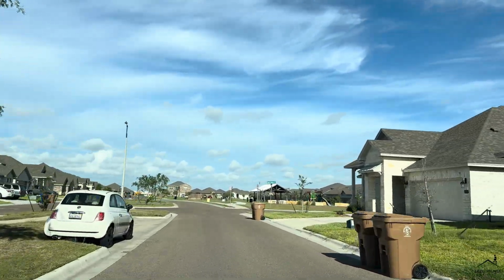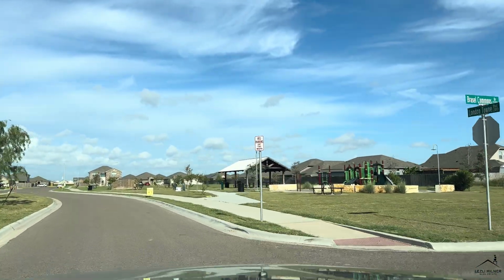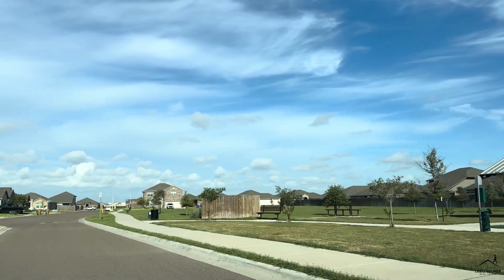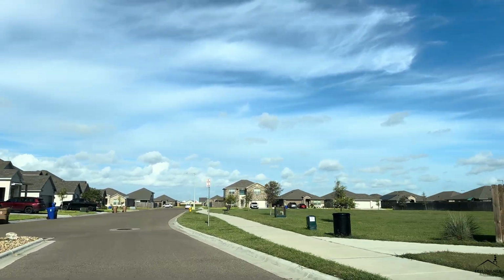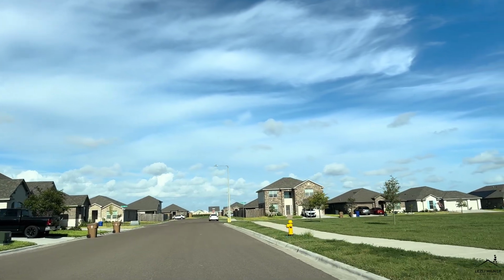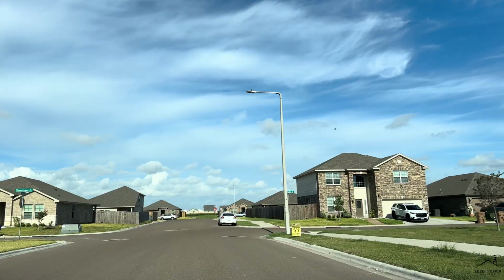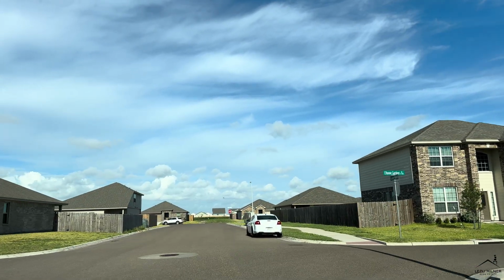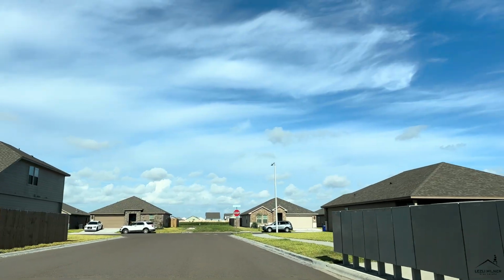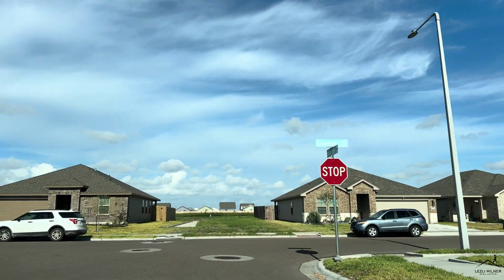And we're coming up to the playground and park area of the community, and I'm going to be showing you guys after the driving tour a little more up close and personal video, so that way you guys can see all the amenities that this community has to offer in its park. And we're going to be heading all the way to the back of this side of the neighborhood to check out all the homes, so that way you guys can get the feel for all of the floor plans in this community. We're going to be taking a left here at the stop sign,